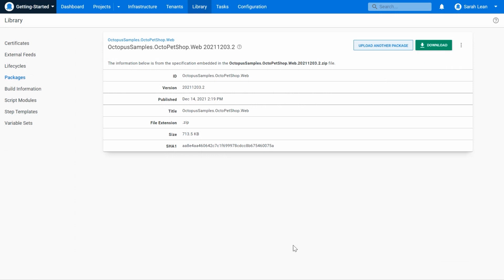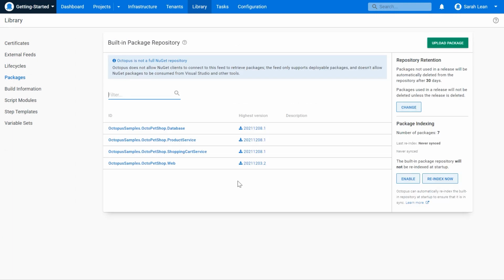Now, it's as simple as that. It's just a click upload, and then you bring it from your PC or wherever, and you upload it into the library. Now, you probably want to do this in a real-life environment by actually using a CI server, a continuous integration server, where it's building the packages and then pushing them into your Octopus library for use. But again, I'm keeping it simple today to show you the art of the possible.